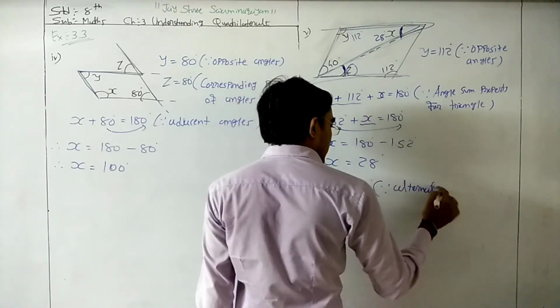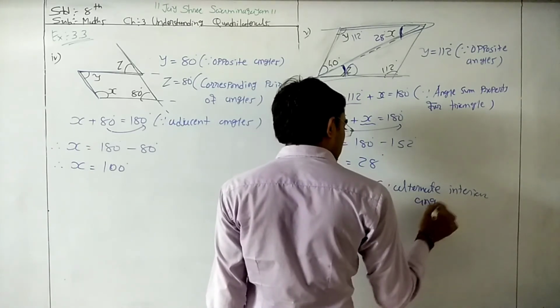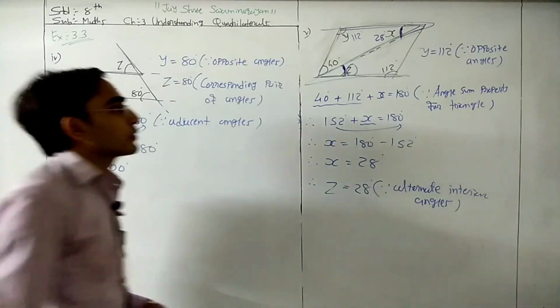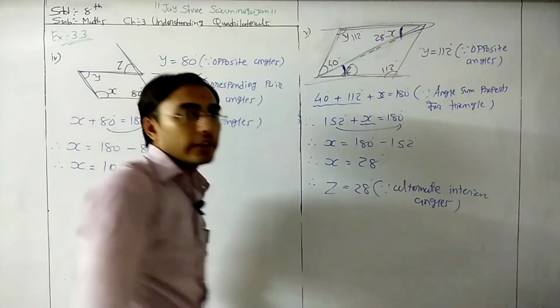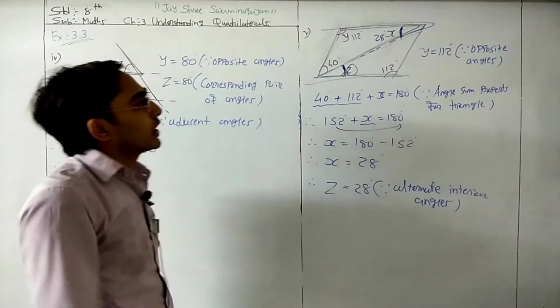alternate interior angles. Okay, so z is equal to 28 because this forms one z. This is 28, so this is even 28. Okay, again quickly I repeat this